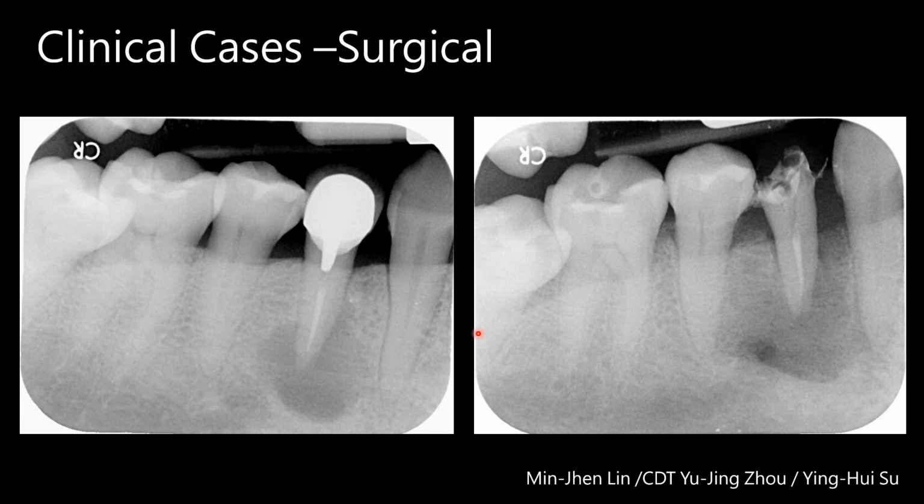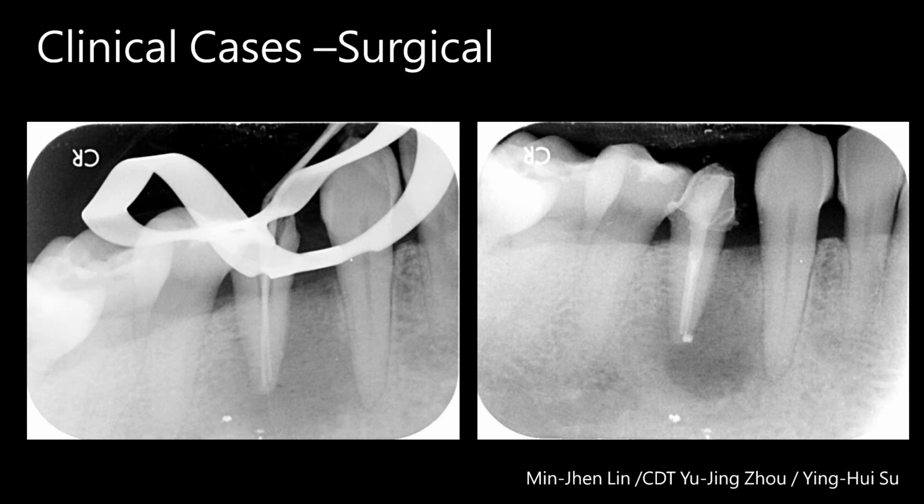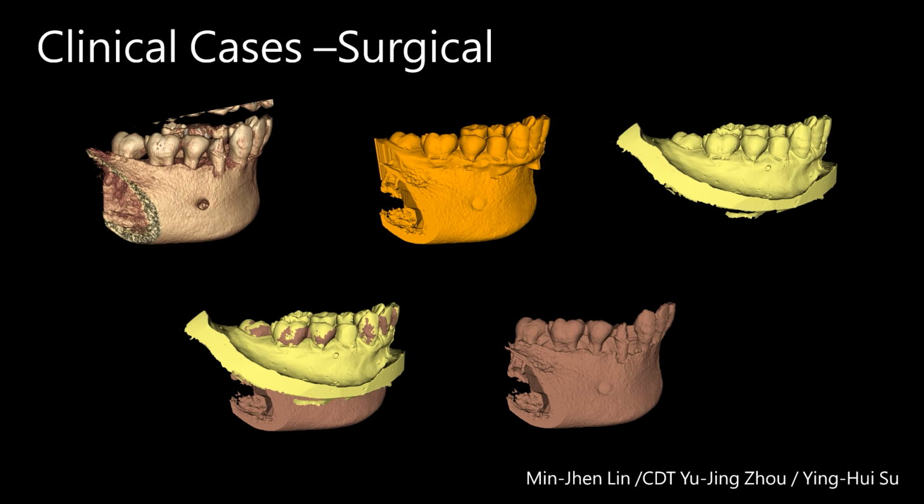And next we go into the static guide with surgical. This patient has an apical lesion here, and because the post did not seem to be very easy, it seemed maybe easy to remove, so we did the endodontic retreatment first. We finished the endodontic retreatment, which found 2 canals here. But after we finished, the patient still felt swollen there, so we decided to do the surgery. And we put the